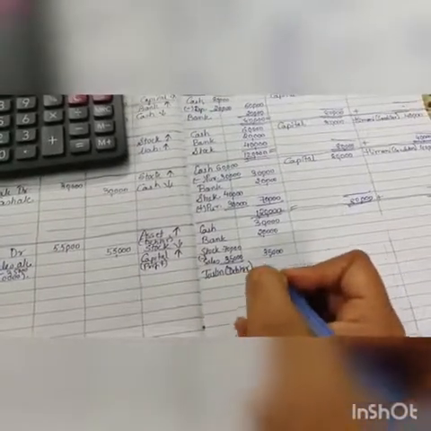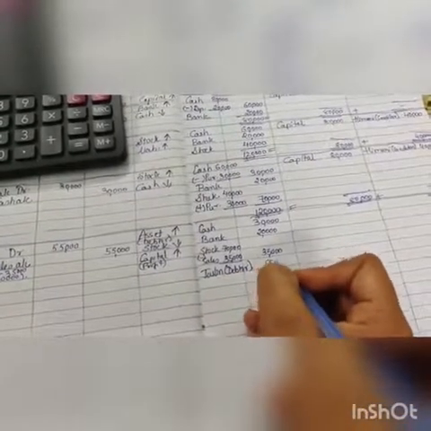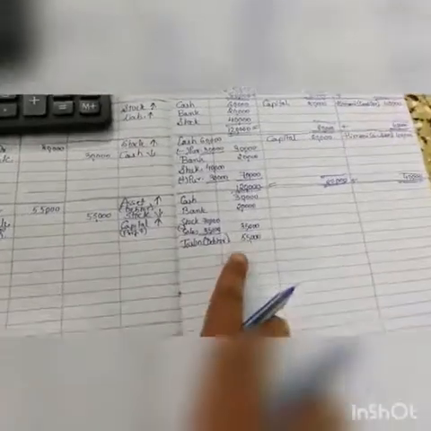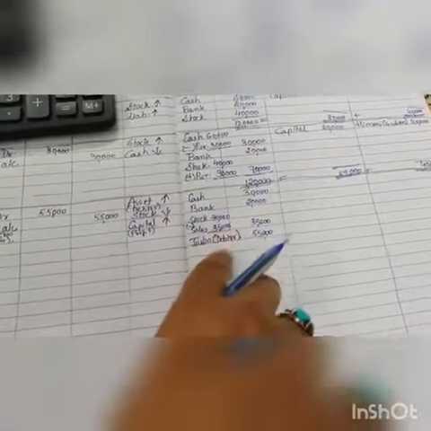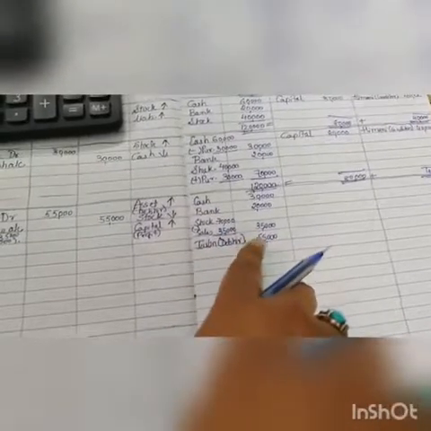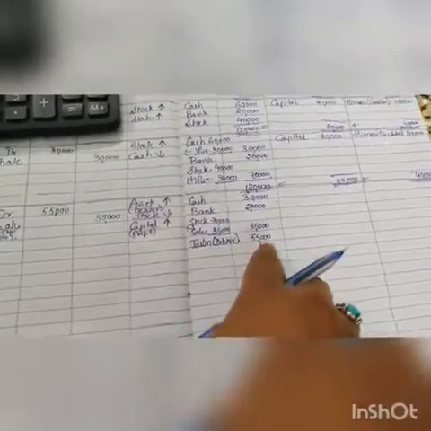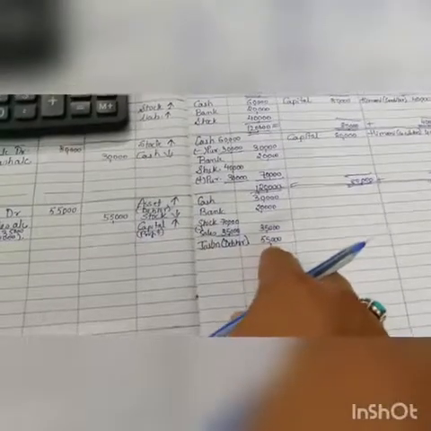That is of how much rupees? So 55,000. See, because from Jaslin you have to take how much rupees? 55,000. Though the goods were of 35,000, you have sold those goods at rupees 55,000. So from Jaslin we are supposed to take 55,000 rupees. So here this will be coming.